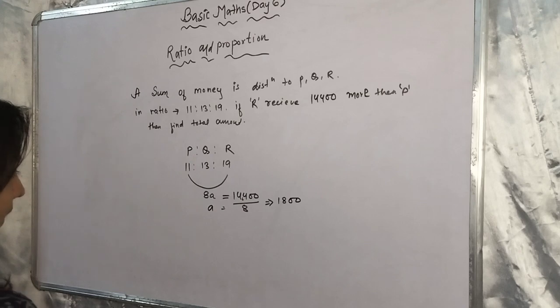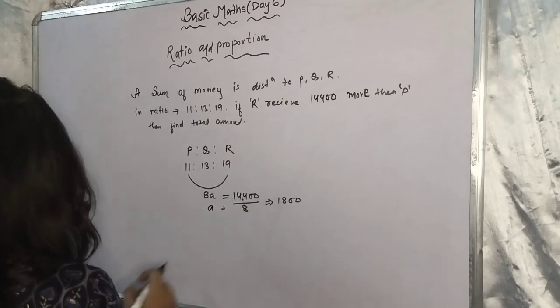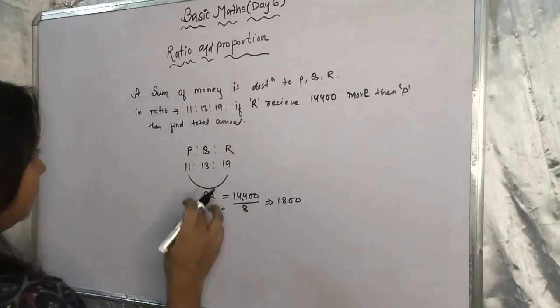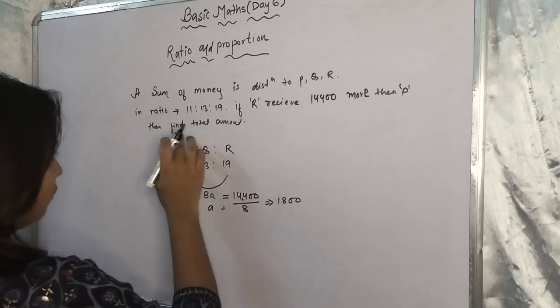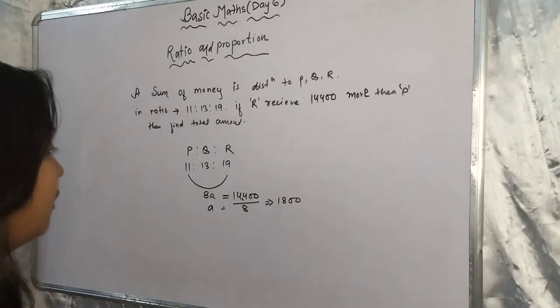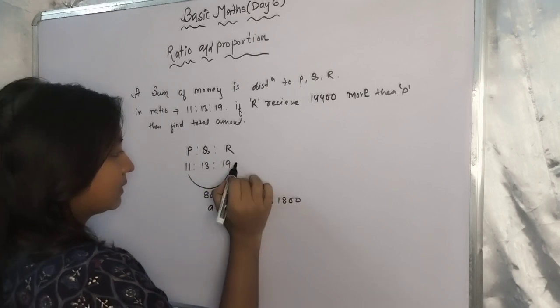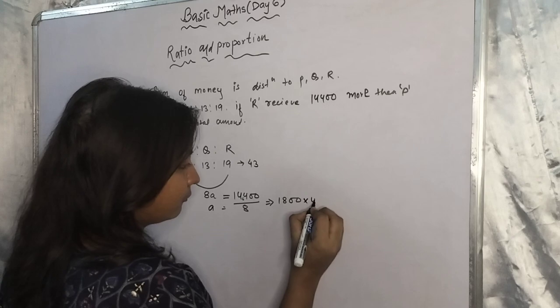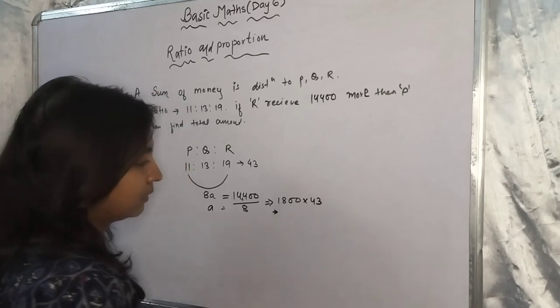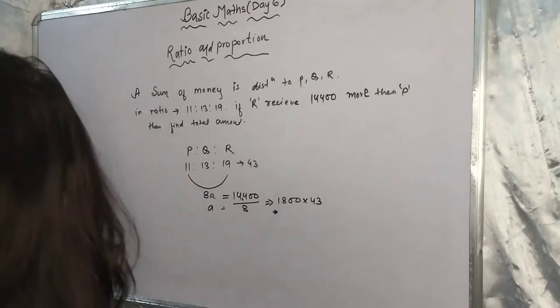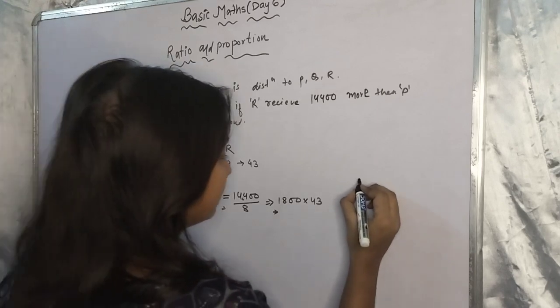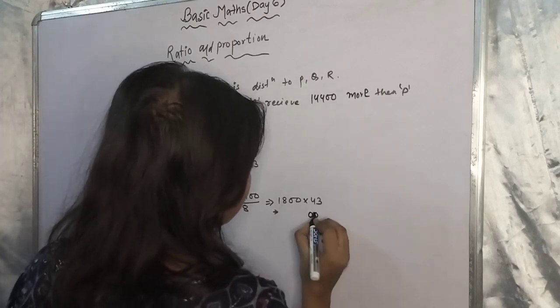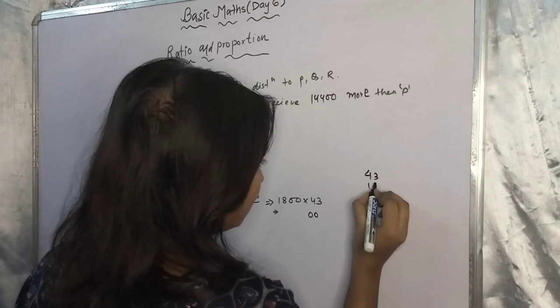So A is 1800. So now we need to find out the total amount, so we'll add 11 plus 13 plus 19, we will get 43. So this into 43. 1800 into 43. So this will be